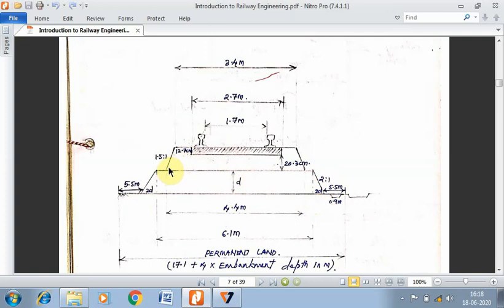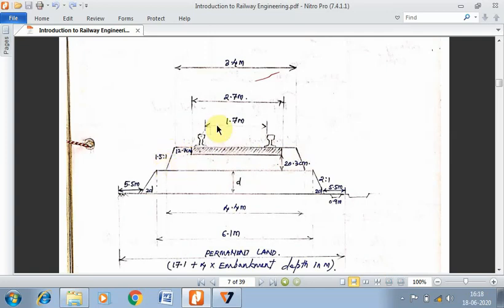So the ballast cushion should be such that the minimum or the optimum depth below the sleeper, from the bottom of the sleeper till the top of the formation, is 20.3 centimeters. Okay, so this would be the sleeper. On either side you will have to leave 12.7 centimeters, such that the slope attained is 1.5:1.